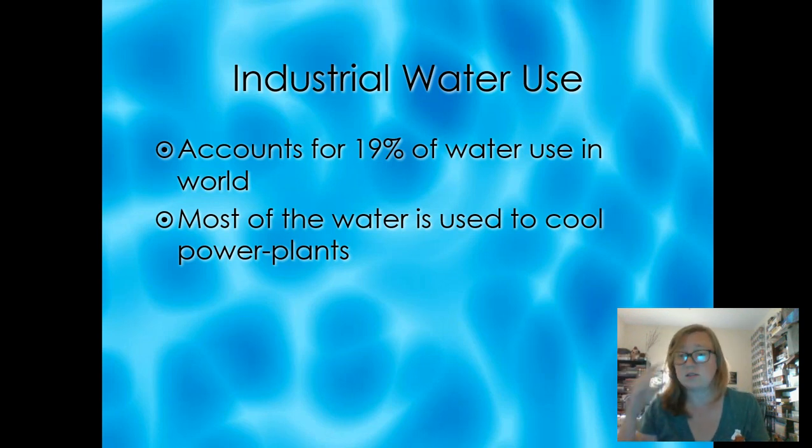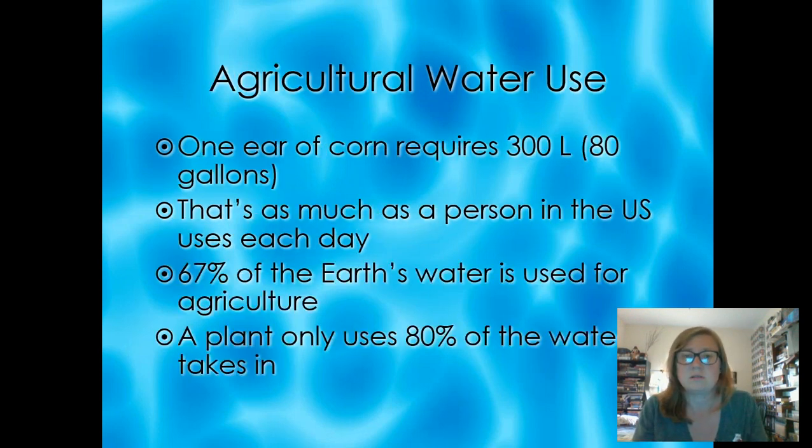But those things need to also be cooled because things could overheat and could have disastrous consequences. So water is used in helping in the production of energy and also cooling down the power plants. That's a lot of water use. And then the